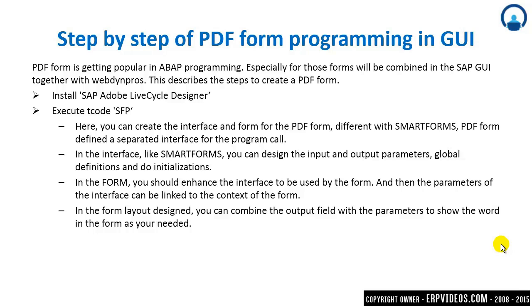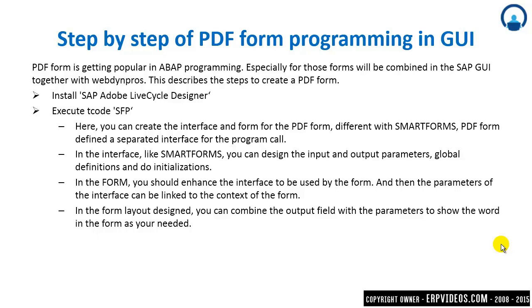One is the interface part, where we will declare the input and output parameters and global definitions. Next is the form part, where we will use the interface variables which we have defined, and we will link them to the context menu of that form. And last is the form layout design, where we will design the output fields with the parameters to be shown